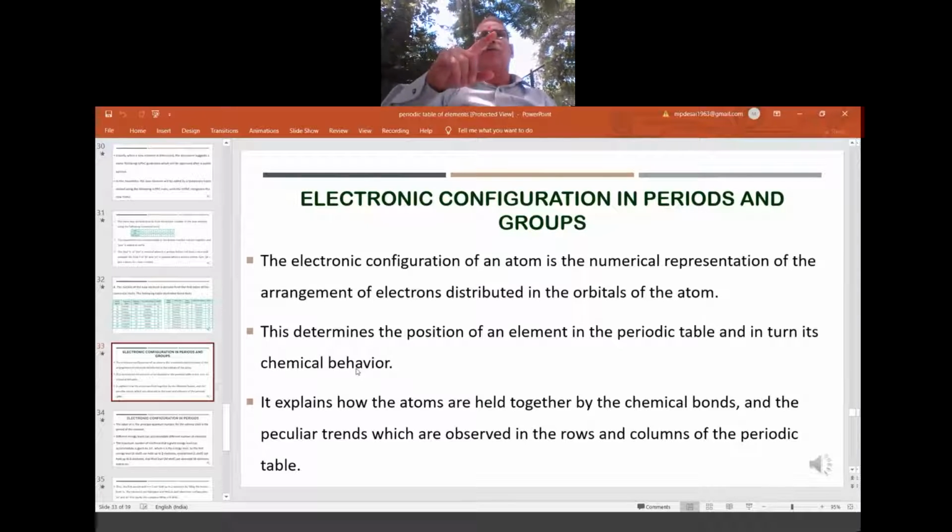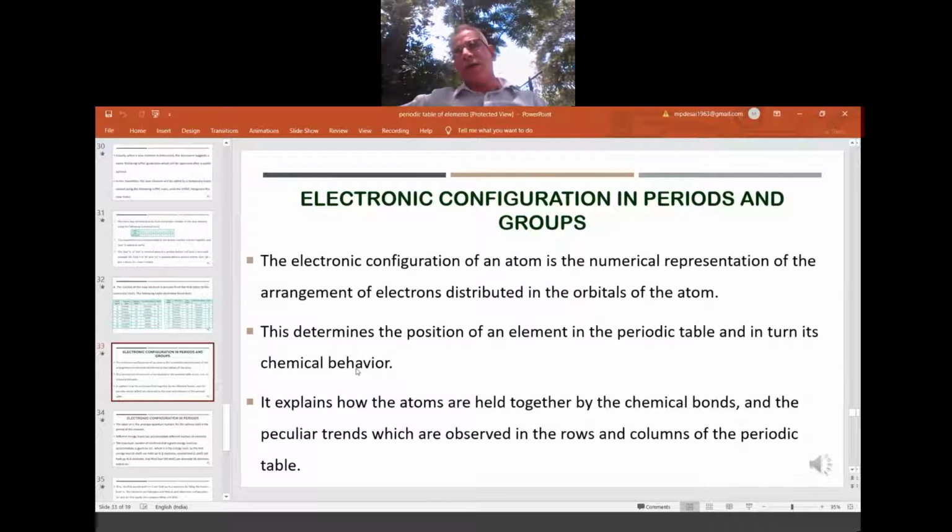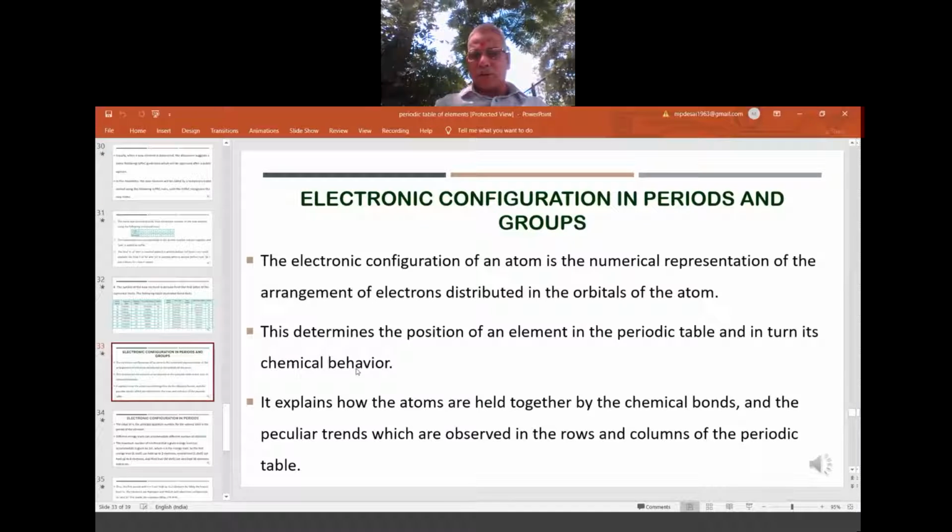So electronic configuration is a torch bearer. It gives direction, from configuration to place and vice versa. By knowing the electronic configuration, we will come to know some trends also. How sodium behaves, in the same way potassium has to behave. How chlorine behaves, in the same way bromine has to behave. How iron behaves, in the same way nickel has to behave.